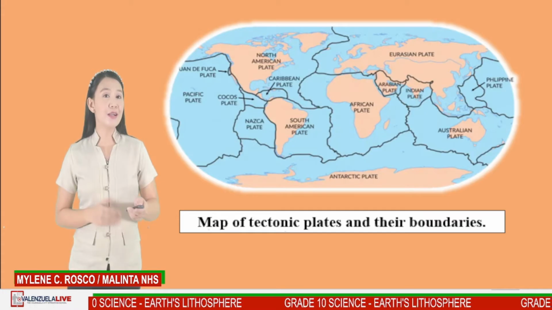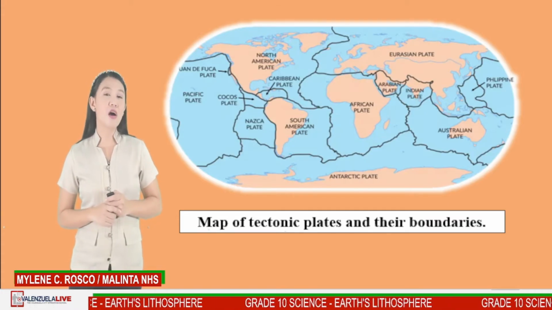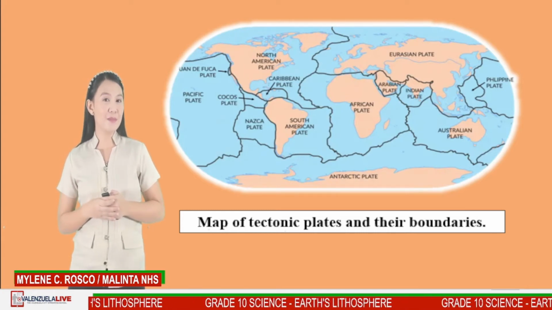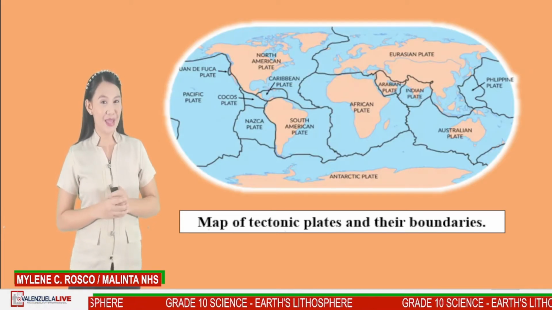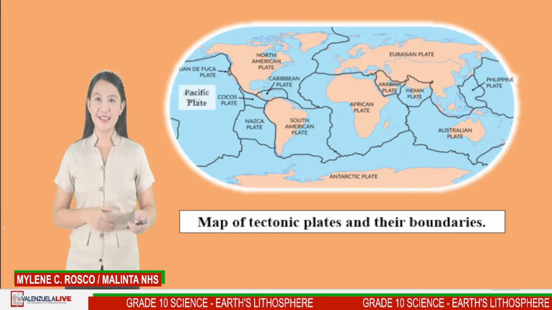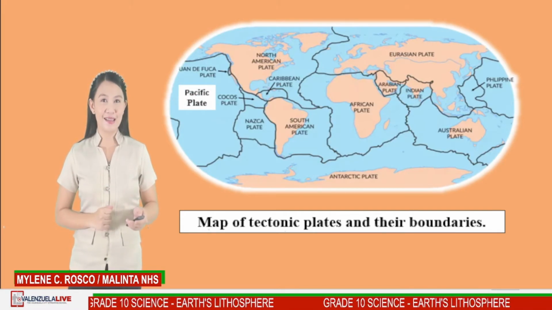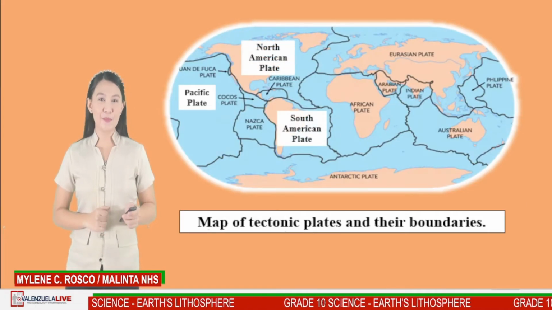Actually, there are 7 major lithospheric plates of the Earth. They are the largest plates, with an area greater than 20 million square kilometers. Can you identify them on the map? Very good. The 7 major plates are the Pacific Plate, North American Plate, South American Plate,